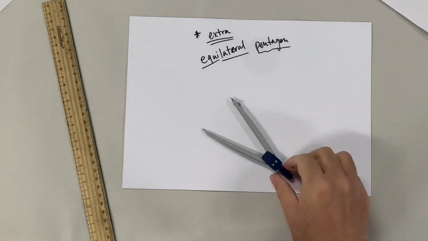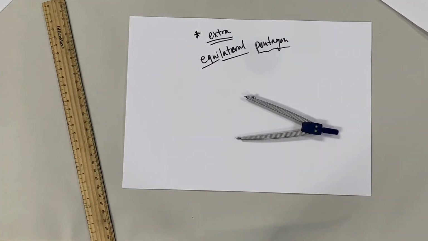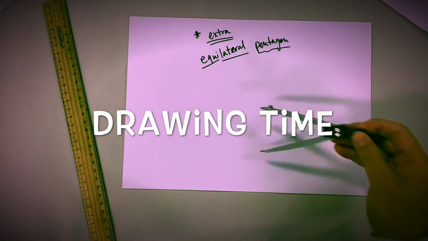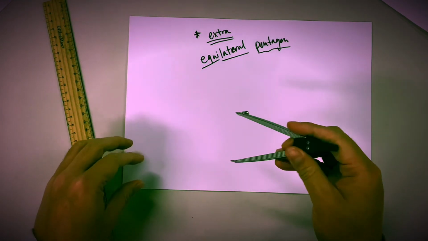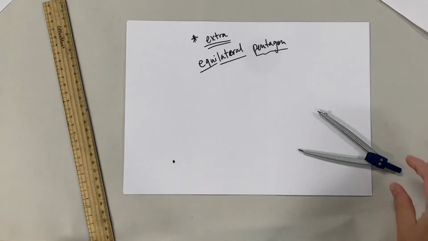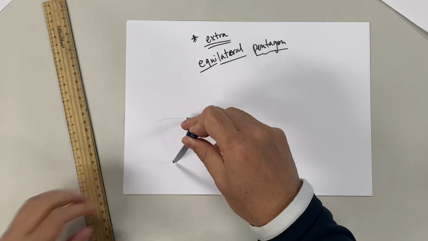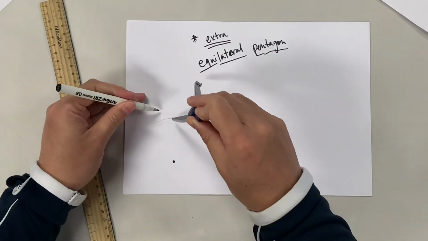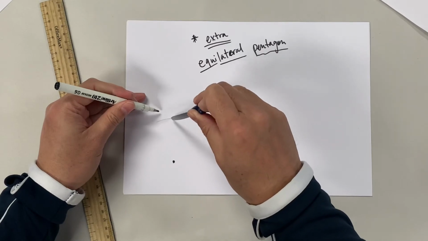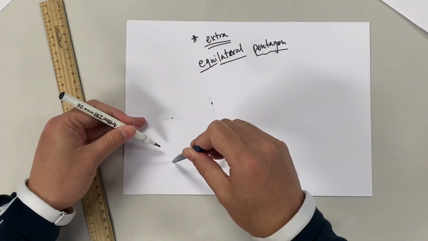Maybe you can try to draw an equilateral pentagon using a compass. Equilateral pentagon, I can just make 1, 2, 3,